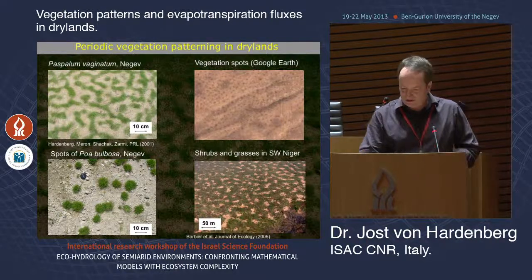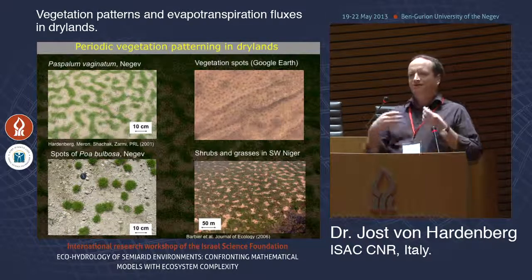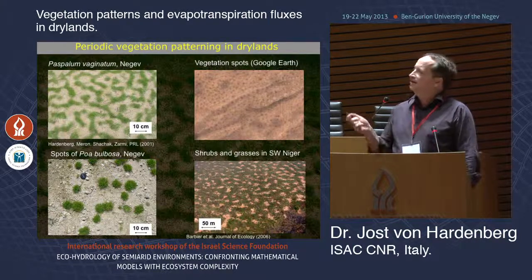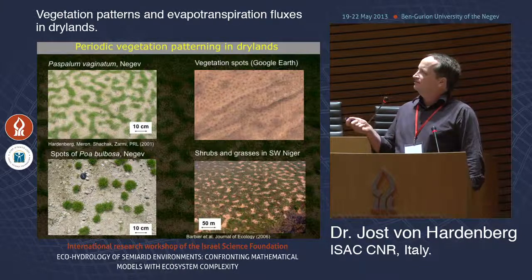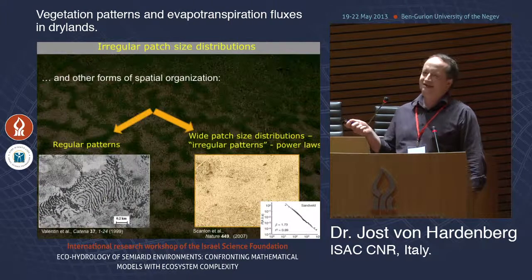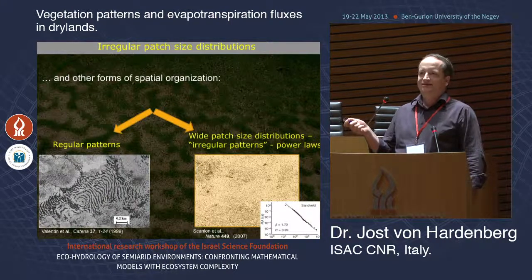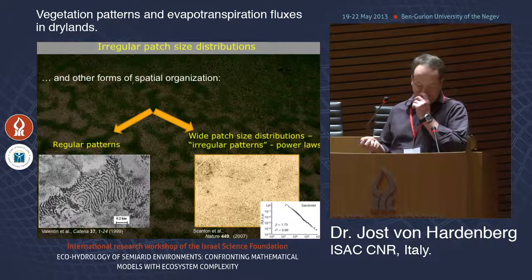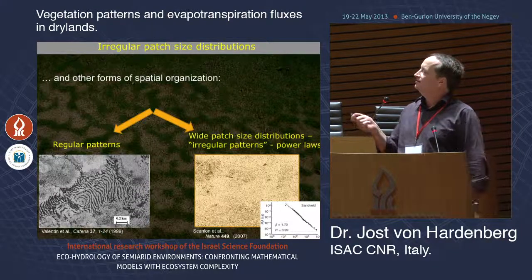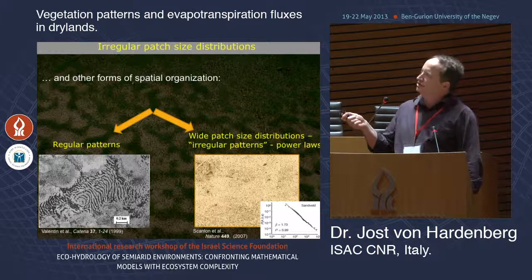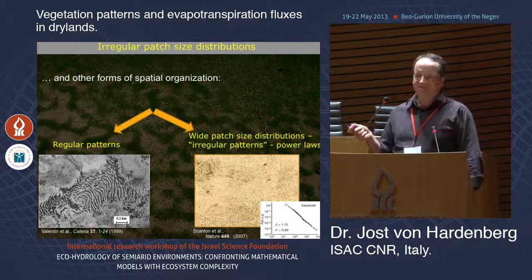But then we talked in these days about a completely different range of scales. We're talking mainly about vegetation patterns, and you have seen many of these pictures, but for example, this one, which is grass, here we're talking about the scale of tens of centimeters. And these are vegetation spots, and they are interspaced by... these are shrubs taken directly from Google Earth. But also here we're talking about tens of meters, which is already much more than tens of centimeters.